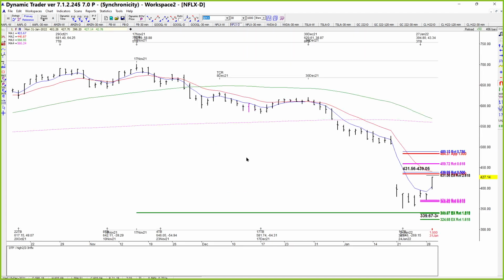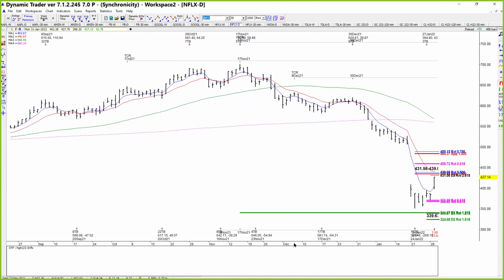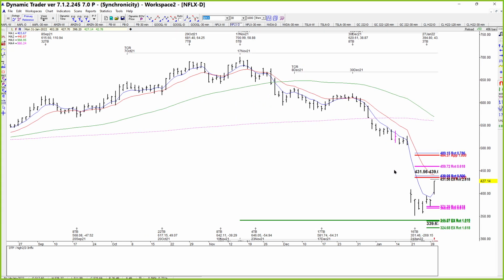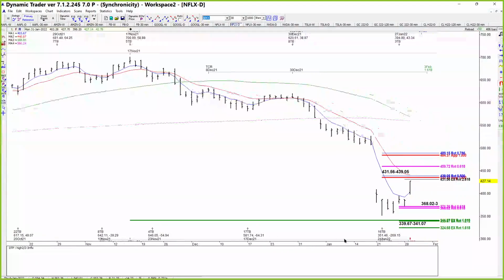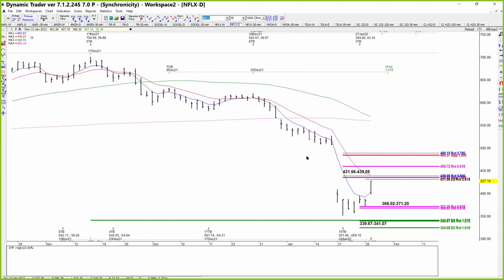Netflix also very much in a sell mode still, as far as the daily chart's concerned. Now the short-term chart's definitely in a buy mode. But here, you're below the 50. You're way below the 200, and the 5 and 13 are still in a sell mode. So should you watch for a possible failure on the way up? Absolutely. But when should you take a trade against it? Well,